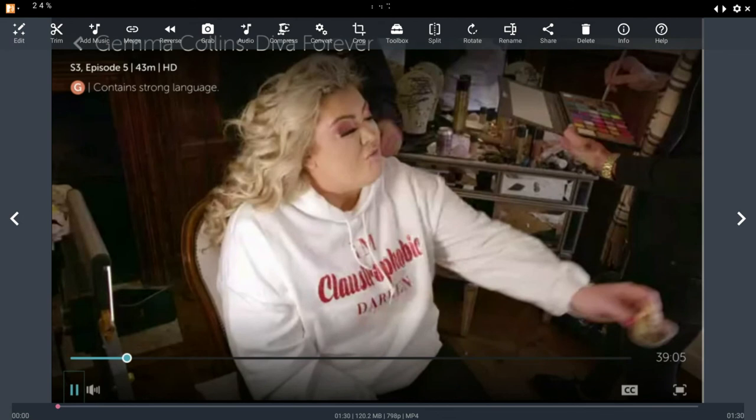leave this video. Androvid, rotate. Androvid, rename. Androvid, share. Androvid, delete. But this is another annoying thing. It keeps on saying Androvid before reading the option when I'm focusing on it,